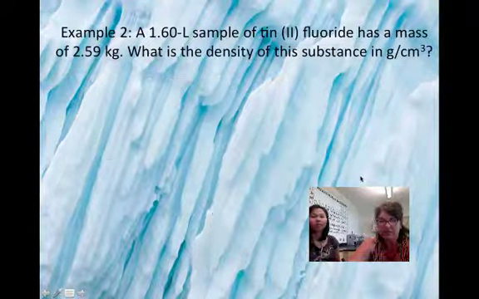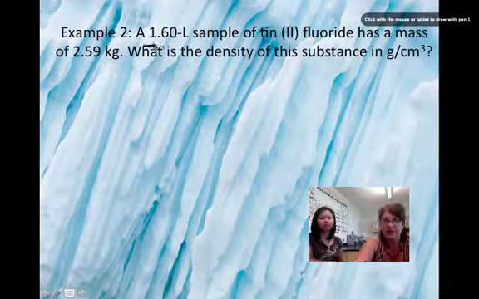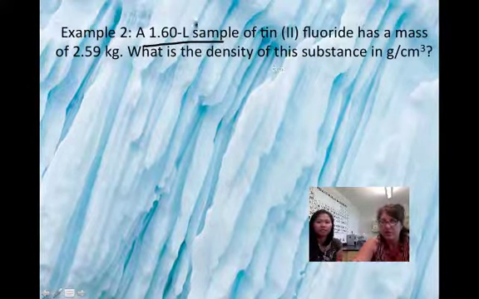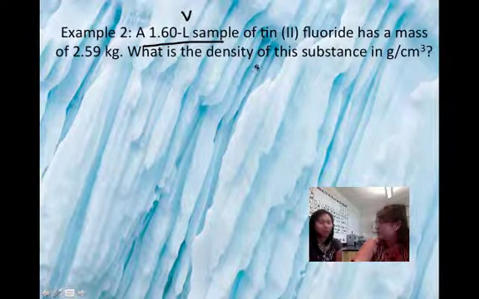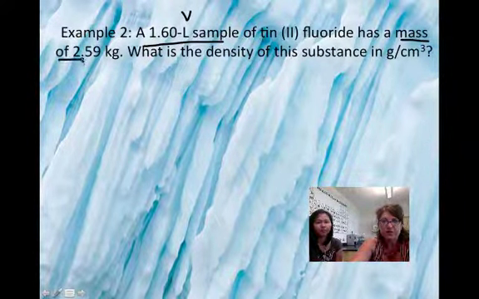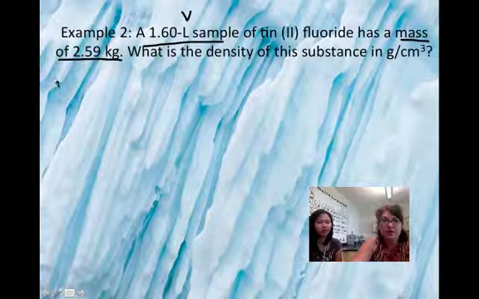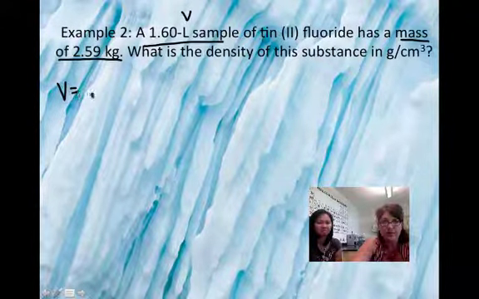Let's try another. In this example, we have 1.60 liters, so that's a volume, right? Because it's in liters. And it's tin 2 fluoride that has a mass of 2.59 kilograms. So this is a much larger sample, right? I'm going to write these down. Write the givens. Our volume was